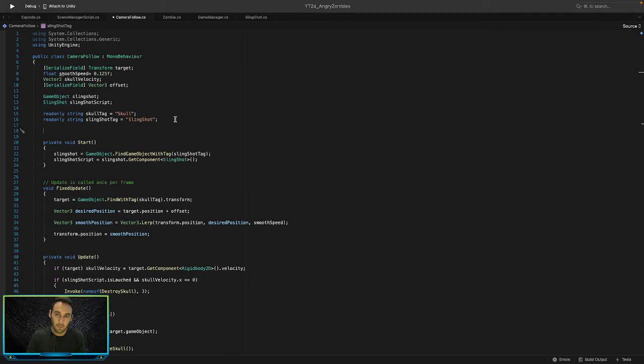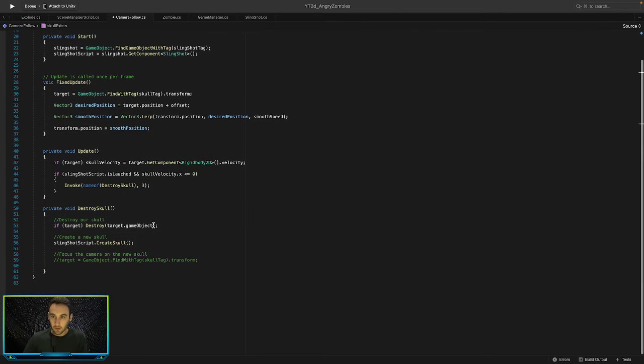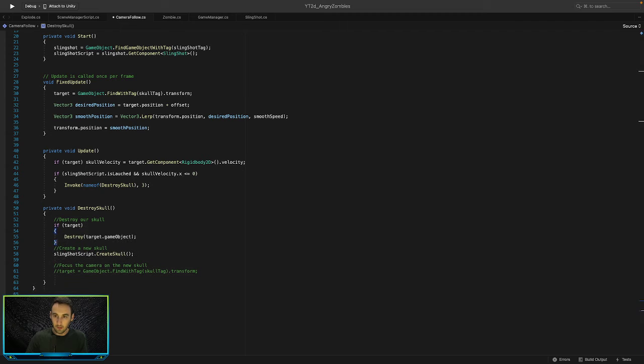So let's go and say boolean skull exists is equal to true, and then as soon as we destroy it, which happens over here, so let's go ahead and set this to skull exists equals false, which is fine, and then